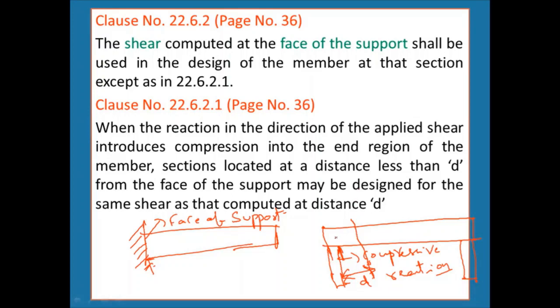That means usually in this case shear force will be higher at this section, but still we should not determine the shear here. Instead we have to determine the shear at the distance of d from the face of the support. And even this portion also has to be designed for the same shear force. So remember that in the cantilever, the critical section will be at the face of the support, and wherever there is a compressive reaction, that means in case of the simply supported beam, it will be at a distance of d from the face of the support. That's the point.